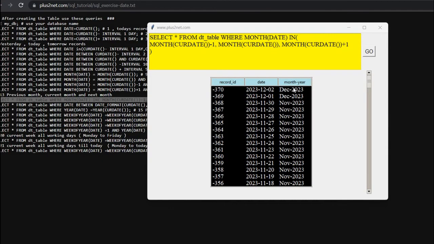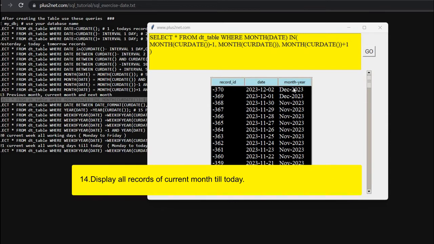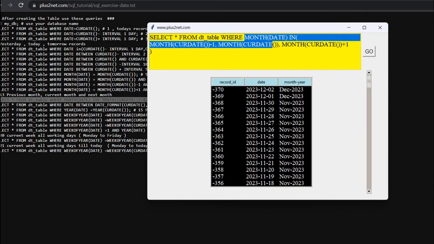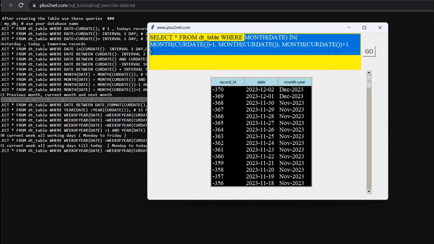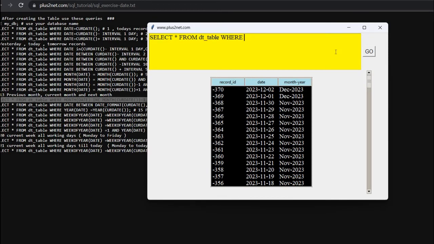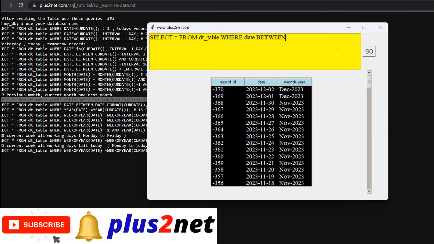Now let's get all the records starting from the first of this current month till today. So I can run this query any day to get the records from the first of this month till the date. So for that I have to change all this, where I will remove this. Again I have to go back to between, where date between. Now the starting of this, so the first of this current month, so date format